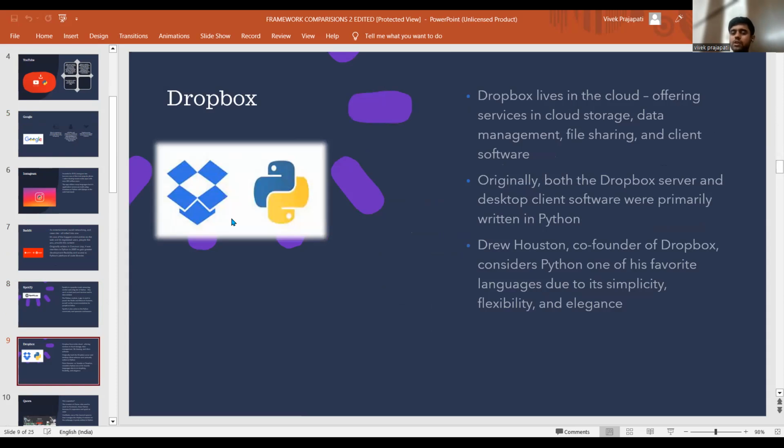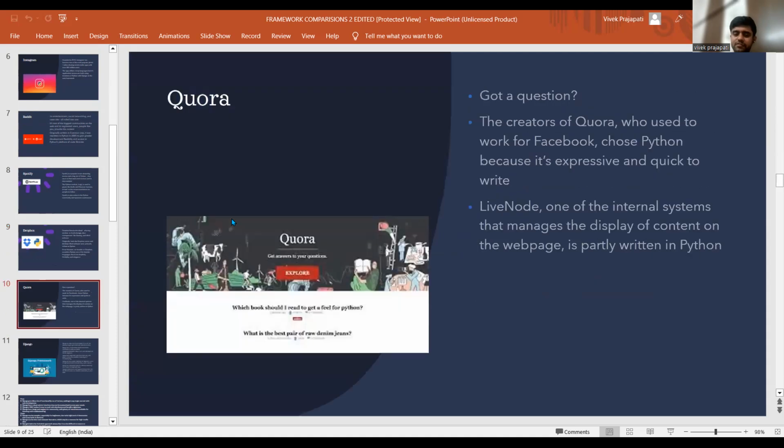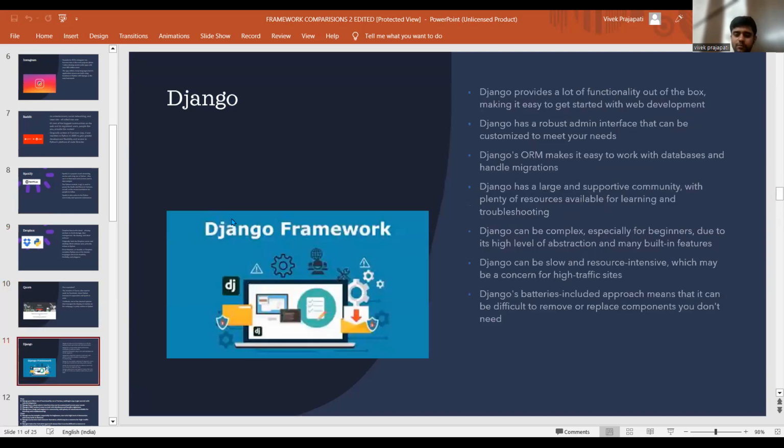Dropbox, if you want cloud computation, is also using Python. They built these applications on Python, not only Python, but the major part of their work is on Python.